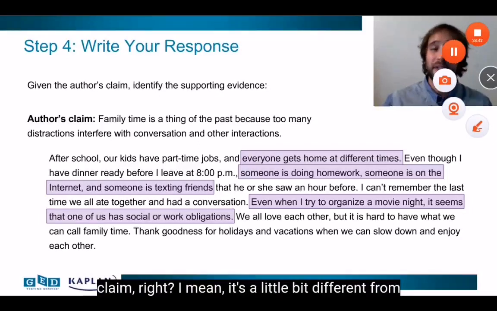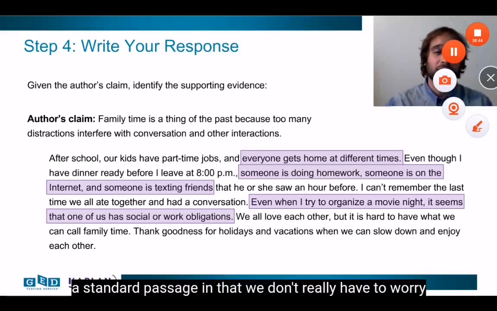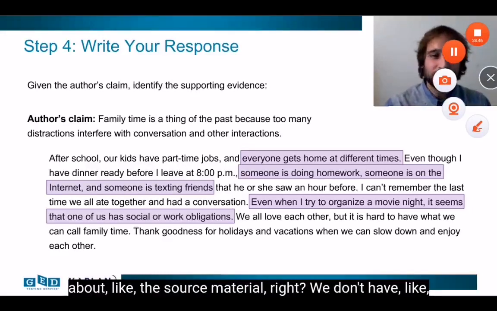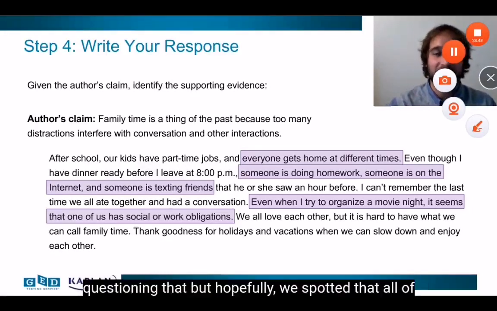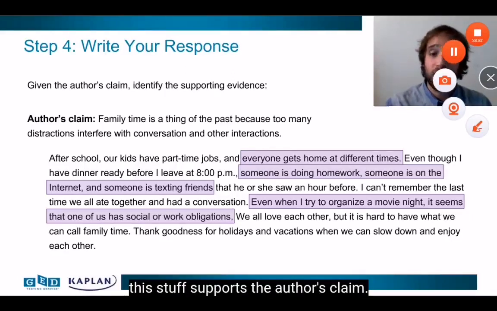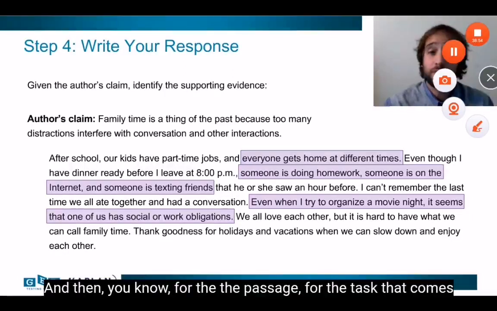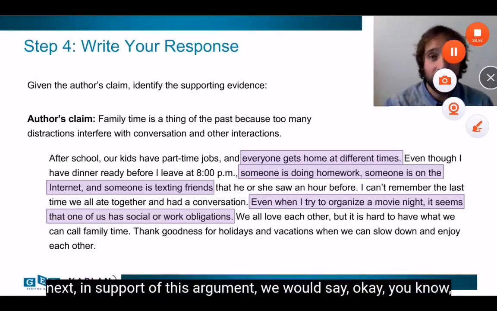I mean, it's a little bit different from a standard passage in that we don't really have to worry about the source material, right? We don't have to question that. But hopefully we spotted that all of this stuff supports the author's claim. And then, for the task that comes next, in support of this argument, we would say, okay,